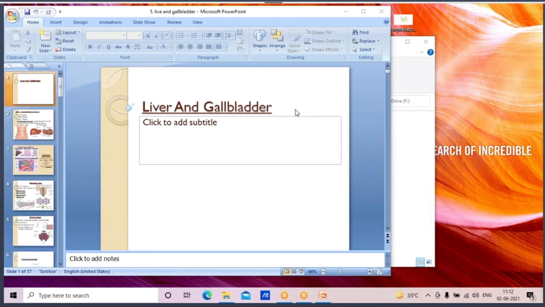Last time we were discussing the liver. Today we will see the applied aspect and we'll talk about the gallbladder. What we have discussed in the last class was